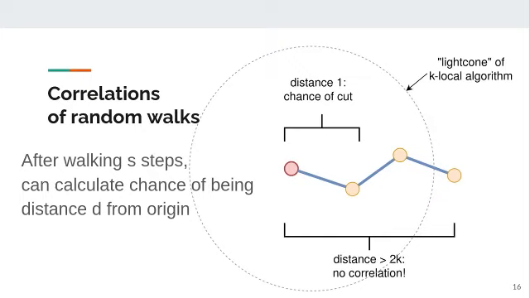If you have a correlation at some distance that's large, over 2k, for a k-local algorithm, then you'll be outside of the light cone, so to speak, of this k-local algorithm. And so there can't be any correlation by the definition of a local algorithm. This definition of local algorithm has really nothing to do with classical or quantum, just the idea of locality. And so any results we prove using these methods are going to be true for quantum and for classical algorithms.